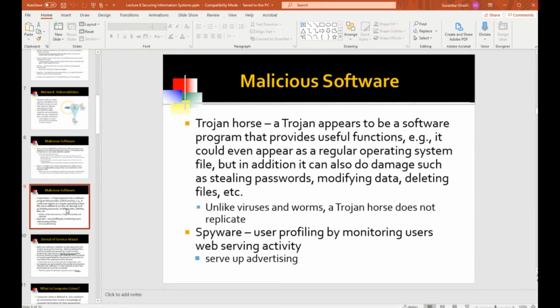Spyware has a kind of almost controversial position, if you will, in the sense that many people don't view spyware as malicious, and I actually belong to that camp, but the book has a slightly different implication or connotation, and I'll explain that. So spyware, as it was developed, was really about user profiling. That's why it got the name spy. It's trying to observe what you're doing on the internet, what websites you're going to, and it's forming a profile on you.